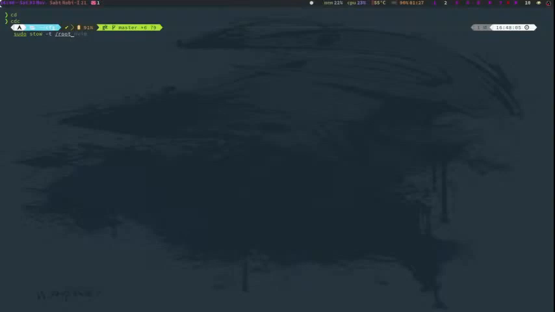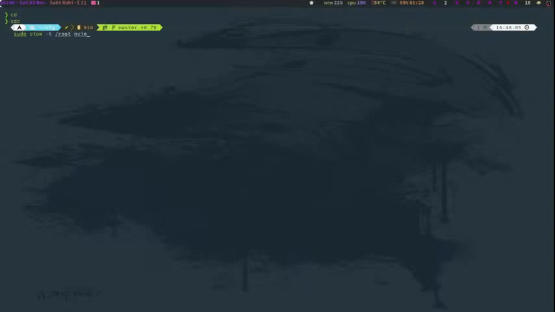So I want to create a symlink inside the root user home directory, and what I want to symlink is my nvim configuration inside the root home directory.